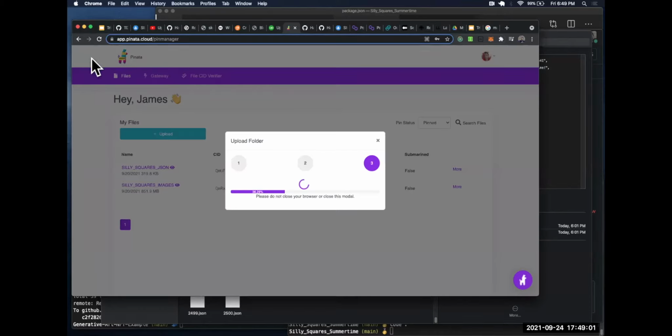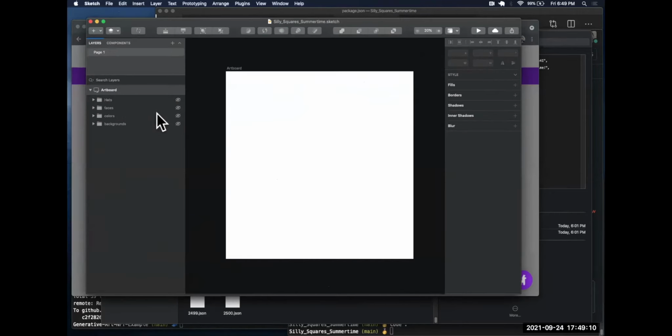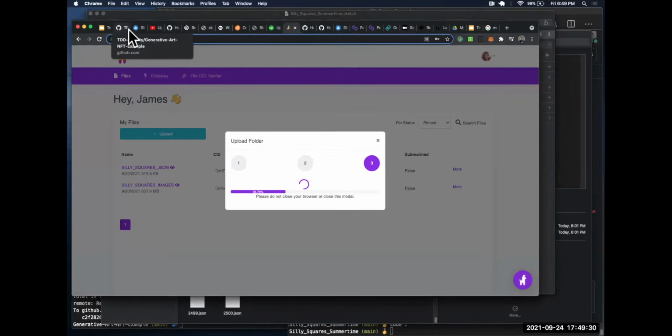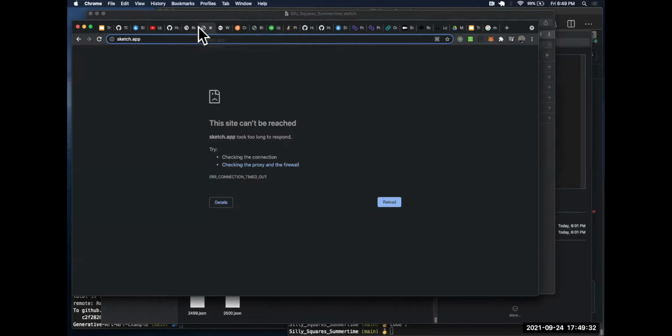So then I wanted to talk about, I guess, going even back to our artwork, right? So in the Hashlips video there, he used Photoshop, right? He used Photoshop. I like this program Sketch because it's not an Adobe thing, but it's good for vector files. And I thought I had